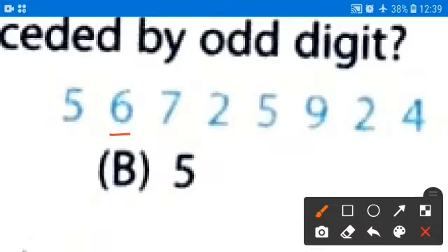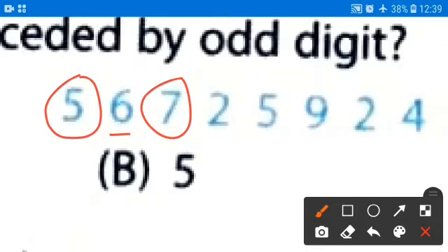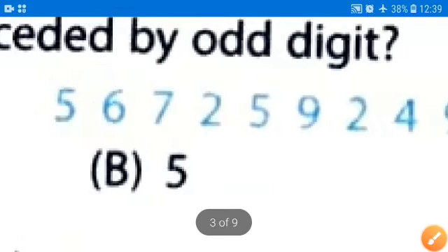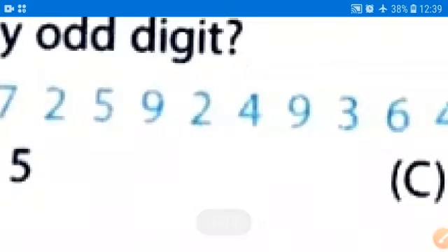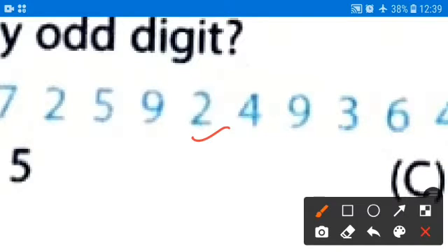6 is even and to the left and right we have odd. So 1 6 we got. Now the second one, 2 is even and to the left and right we have odd numbers. So we can take this. So 2 numbers we got now, and another even number is 2. Yes, 2, but it is not following the condition. So we cannot take this.